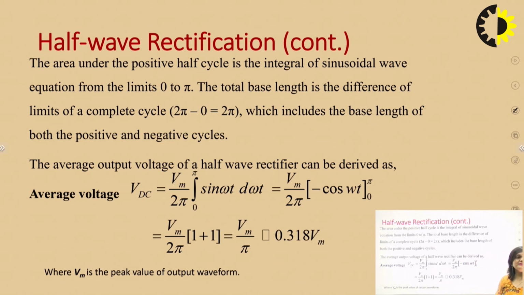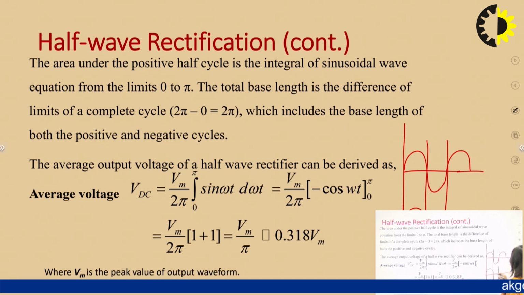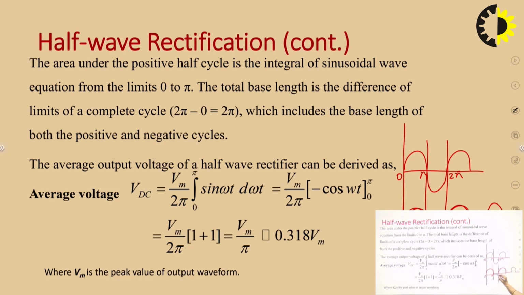So how can we calculate this V average output or VDC output? We are seeing that the output waveforms are like this. This was our input, and we are getting this output like in this way. So this is 0, pi, 2 pi. So V average means like we can see one cycle will be completed here. After this repetition starts, like in this way. So this is a complete cycle, and one cycle is completed at 0 to 2 pi.